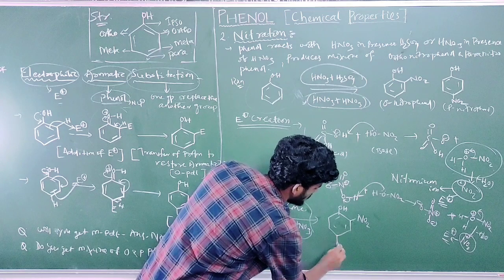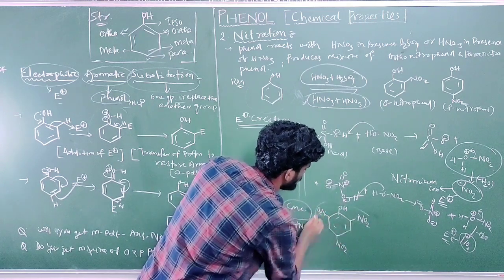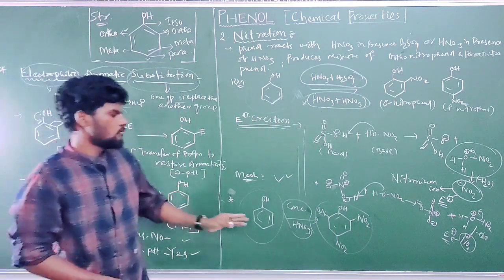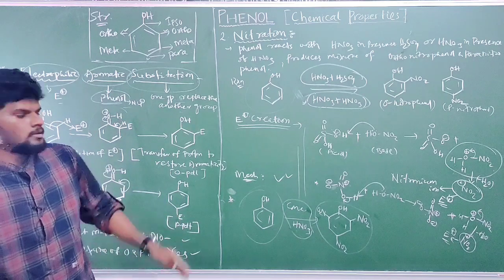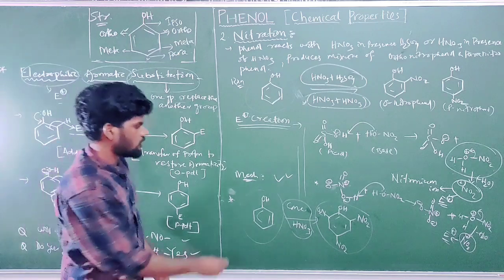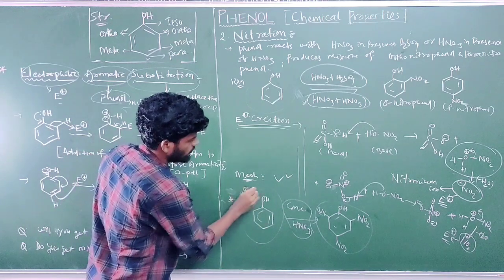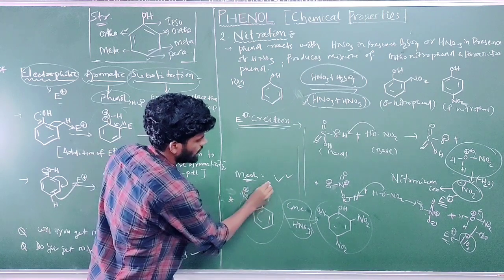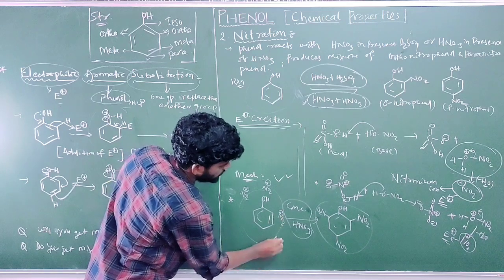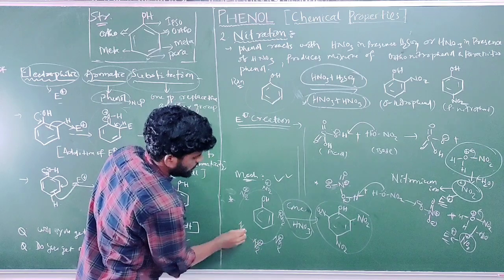This is ortho, and here di-substituted, and here tri-substituted, 2,4,6 trinitrophenol. So in case of concentrated HNO3 we will get the tri-substituted product, 2,4,6 trinitrophenol. To remember, you can write: concentrated HNO3 means NO2 plus electrophile surrounding the phenol ring will be high, NO2 plus, NO2 plus, NO2 plus, so it will form tri-substituted product. Definitely more number of electrophiles are present in its surrounding.